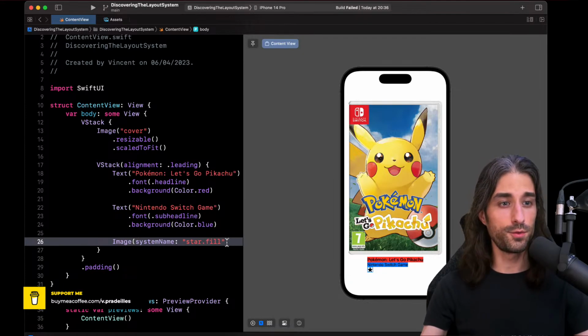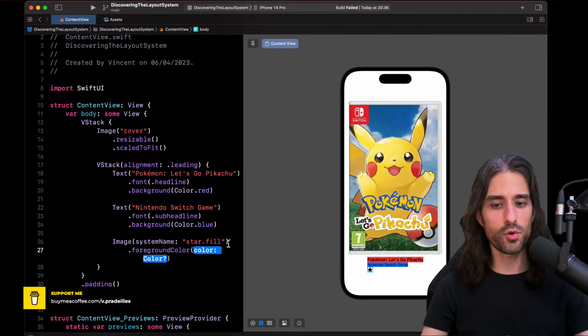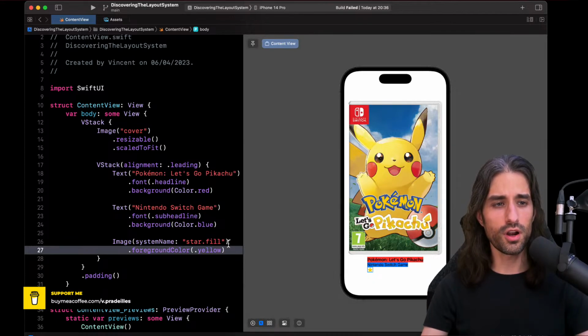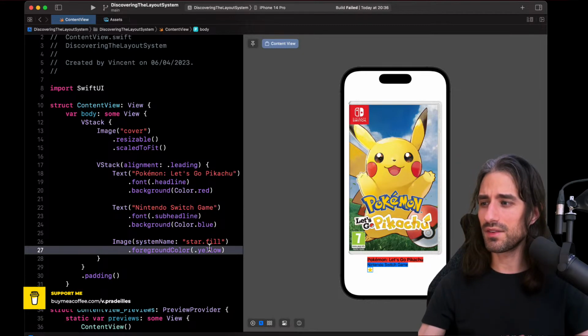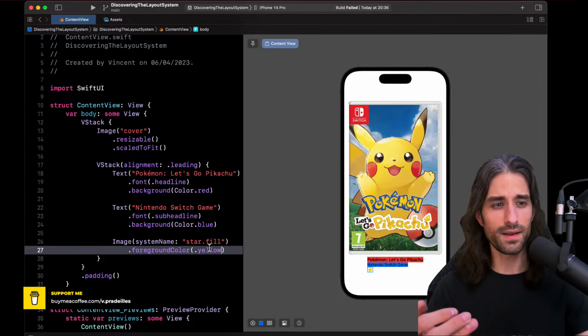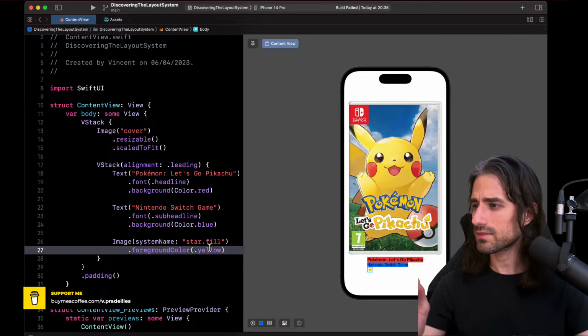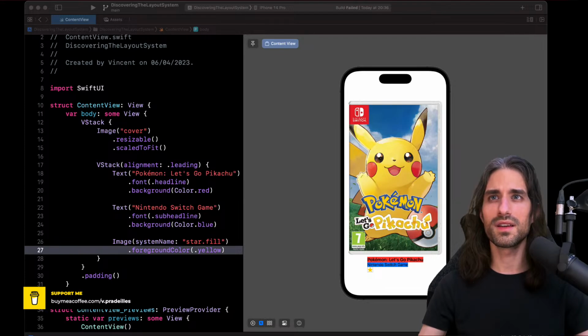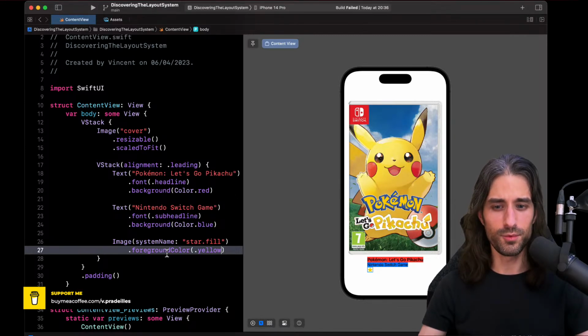So of course, it would be colored in a real app. So to give it a color, we can apply the modifier foreground color, which we saw before, I think. So I'm going to give it a foreground color of yellow. So this is starting to look like the kind of rating that you would find in an e-commerce app. Of course, you don't have just one image. Let me check. I want to check that I'm doing the right view. Okay, perfect. Yes, I'm doing what I want.